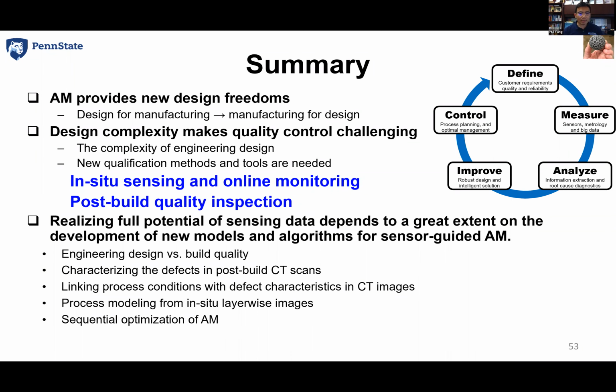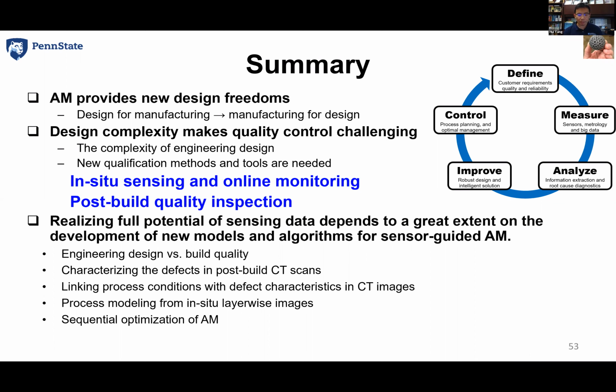Design complexity makes quality control actually very challenging. And with the complexity of engineering designs, we also need new qualification methods and tools. So in-situ sensing and online monitoring is one possible solution, compared to post-build quality inspection. Realizing the full potential of sensing data depends really on new models and new algorithms for sensor-guided AM. So this is what we proposed,